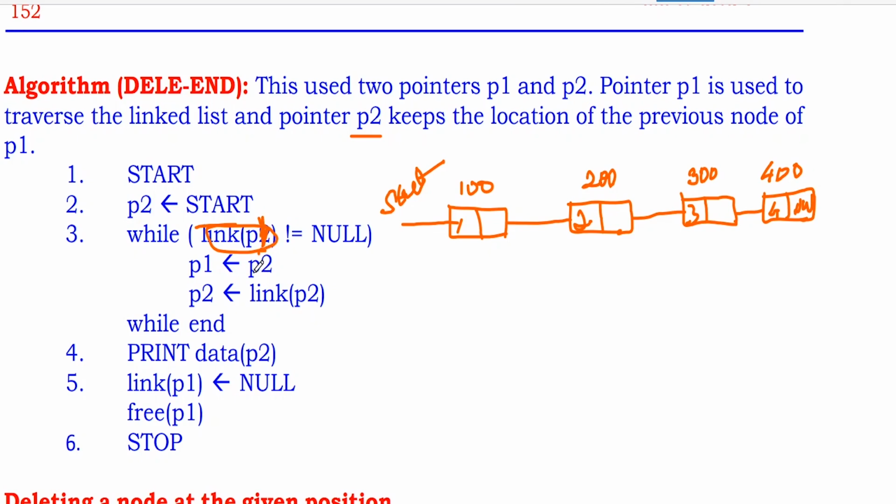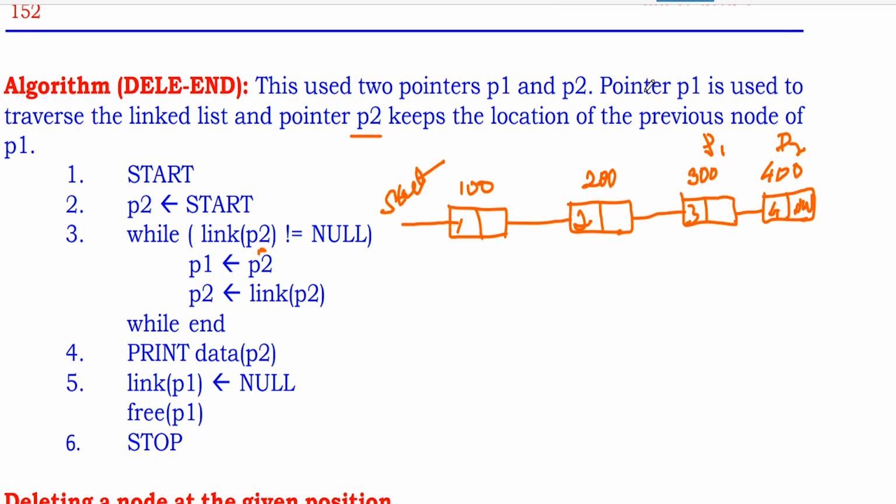Everything has to be changed. I don't know why they did it like this. Better is we'll change this one. So P1 is the pointer and P2 is the pointer. P1 is the previous. This is the node we are going to delete. You think like that. This is going to be P2, and this is going to be P1. So P2 is what you are deleting.